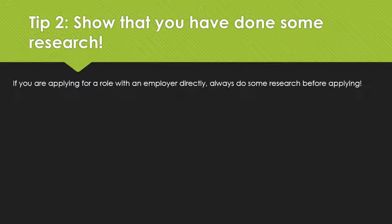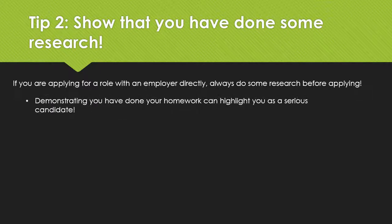Talk to anybody that you know that has worked for that particular company, if you do know anyone, and just find out a little bit more information about them. Because by demonstrating on your cover letter that you've done some homework before applying can really serve to highlight you as a serious candidate for the position. And in doing that, you want to focus on why you want to work for this specific company rather than